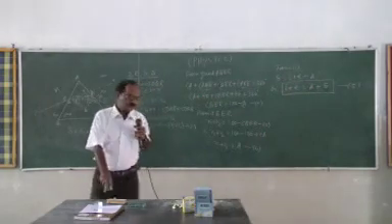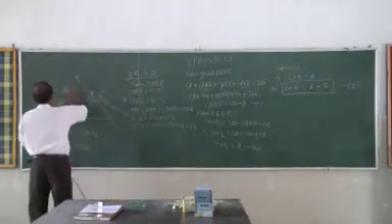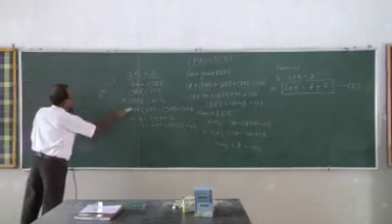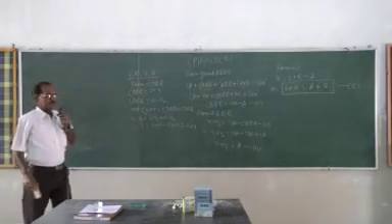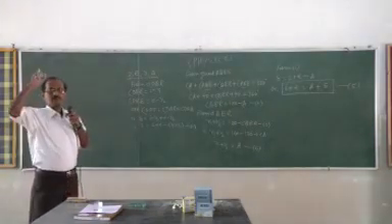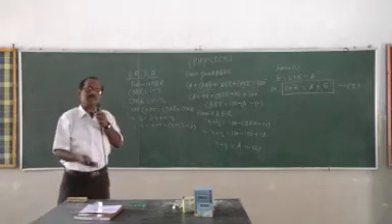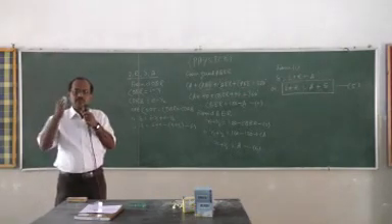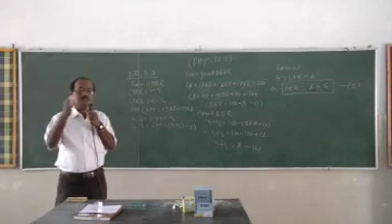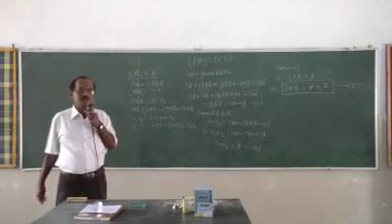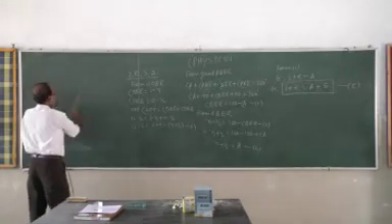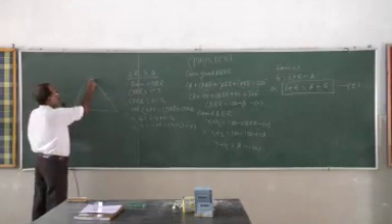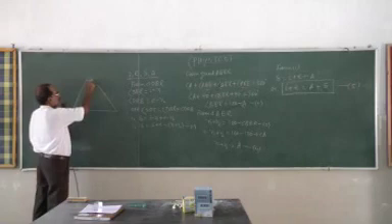Now, here we'll talk about the angle of deviation, because in this case, the two refracting surfaces are not parallel. And in the case of the glass slab, the refracting surfaces were parallel, so that there is lateral displacement, and the emergent ray and the incident ray both are parallel. But here you see these two refracting surfaces are not parallel. They are making some angle. This angle is known as the angle of prism.